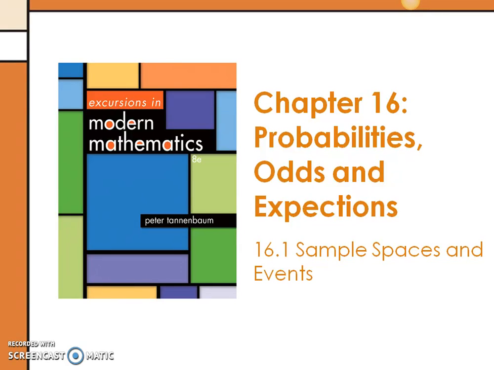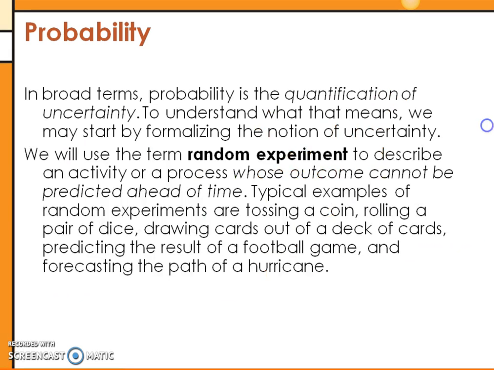Chapter 16 is where we first start looking at probability. So 16.1 is really only going to talk about sample spaces, looking at the different outcomes that can happen. In the rest of the sections, we'll start looking at how we can count up how many outcomes there are. But in this one, we're just listing them or thinking about all the things that can happen.